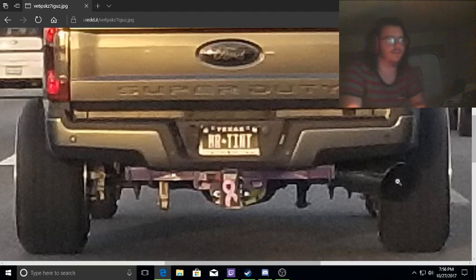Don't. It's just so stupid. And not only that, but I'm sure it's expensive as well. So not only is it expensive, but it's stupid. But I have to assume, because they have the breast cancer tail hitch there, that the pink tint